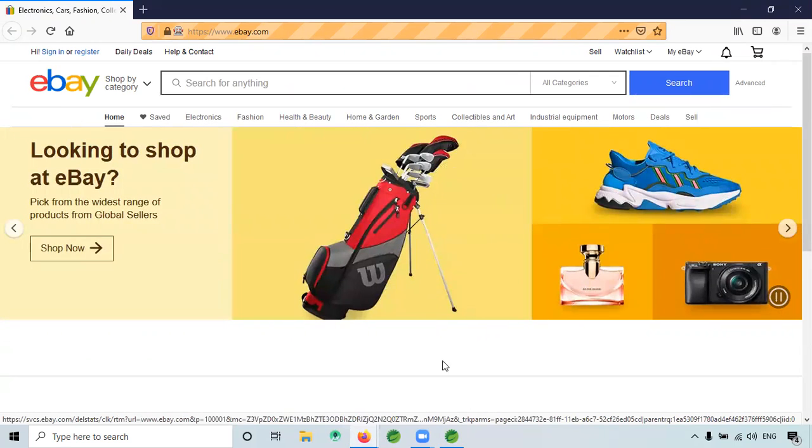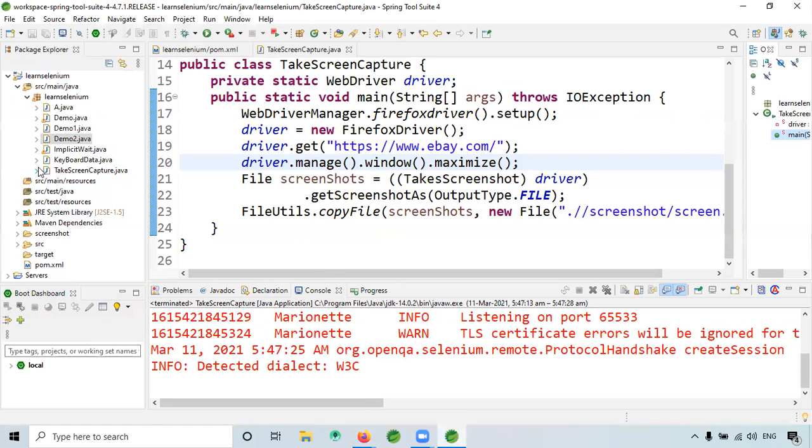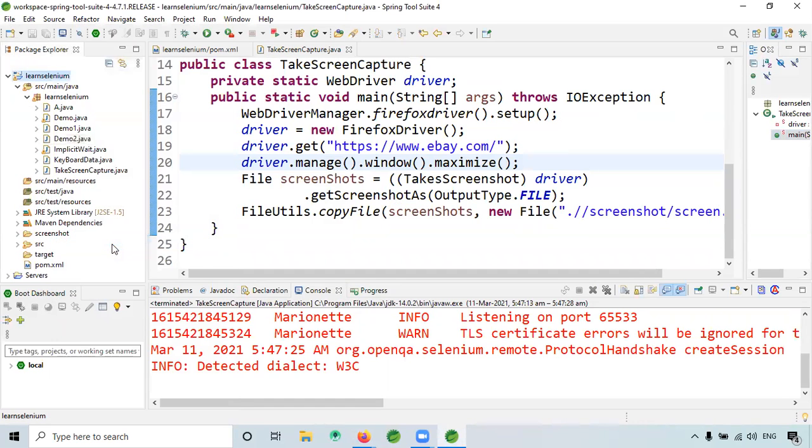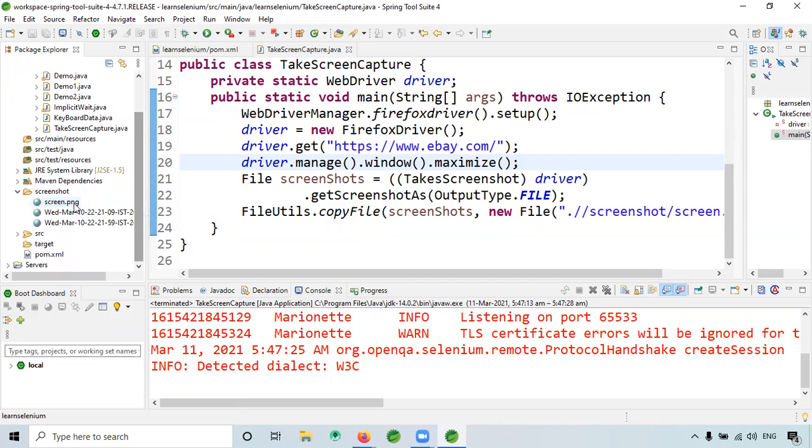Now if I refresh, see here the screenshot came, right? Screen.png. I think I have my old files. Let me take it.